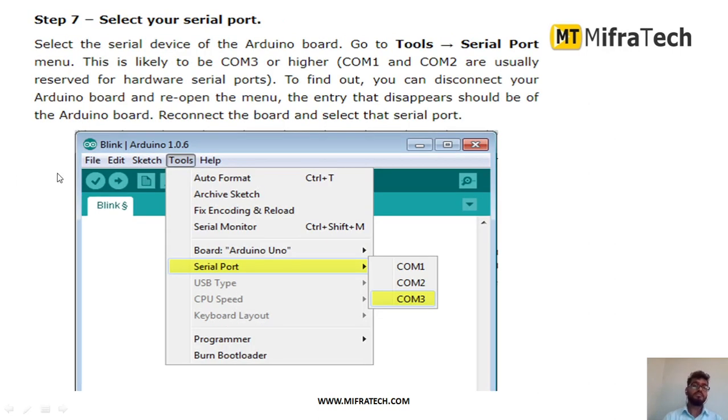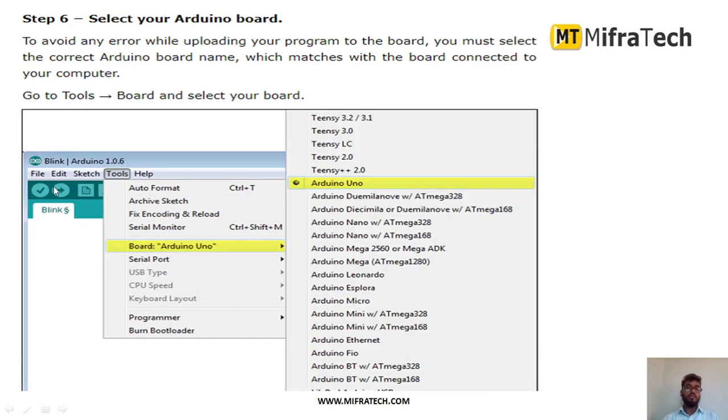After that, go to the Arduino IDE and open the file. There, as I showed, are different options like file, edit, sketch, tools. There is an option called tools. Just click on tools. In the tools, when you come down, there is an option called board. Whenever you click on board, there are different options available, like which microcontroller boards you can connect, such as Arduino Uno, Arduino Nano, Arduino Mega. In this case I have taken the Arduino Uno microcontroller, so just click on Arduino Uno and select it. In this way you can select what type of board you are using for this Arduino IDE, and the Arduino Uno board will be selected.